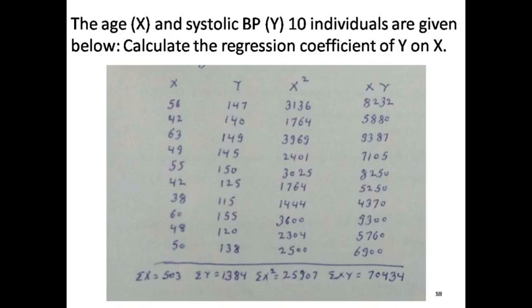And how do we calculate summation x whole square? Summation x is 503. Simply square 503, then we get summation x whole square. So now the difference is clear. Simple summation x square is when we separately square all the values and then sum them, and that will be 25,907. Under bracket summation x and then square is 503 square.